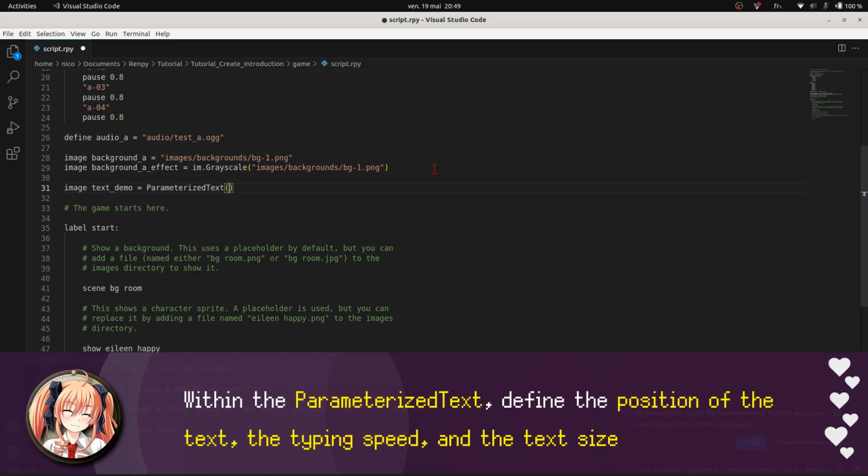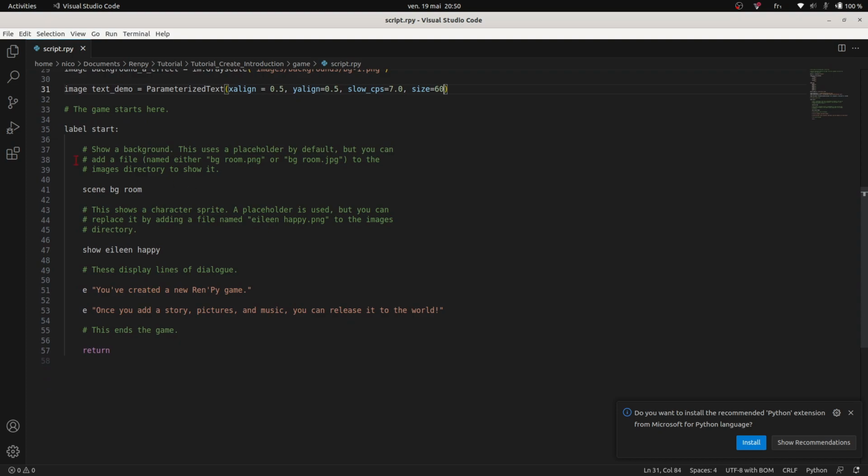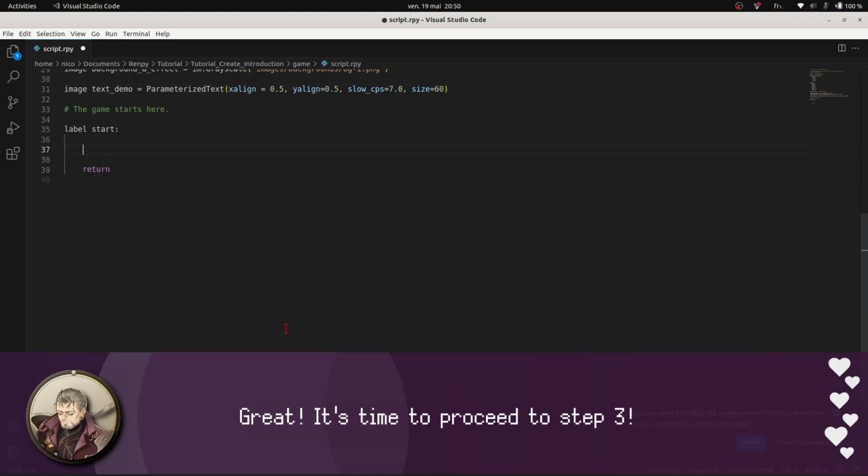Within the parameterized text, define the position of the text, the type and speed, and the text size. Great! It's time to proceed to Step 3.